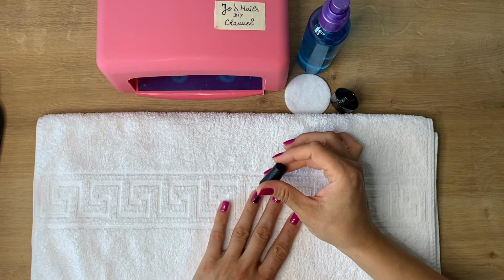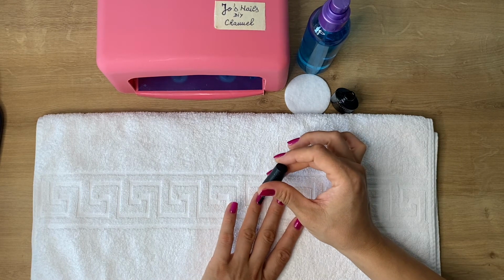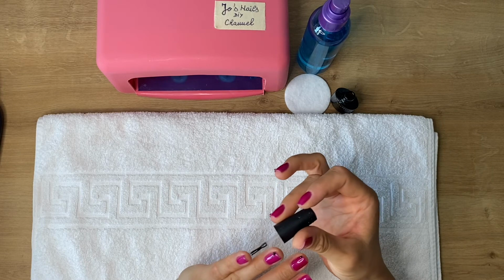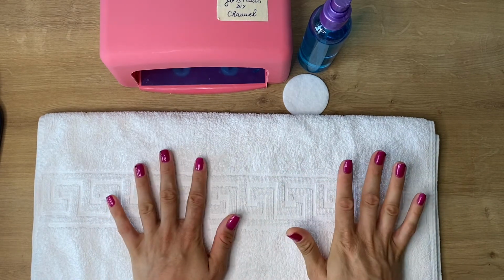Apply the top coat over the stone. This way it won't fall. A valuable trick here: seal this front part of your nail with top coat. Last thing that needs to be done, and we're finished,